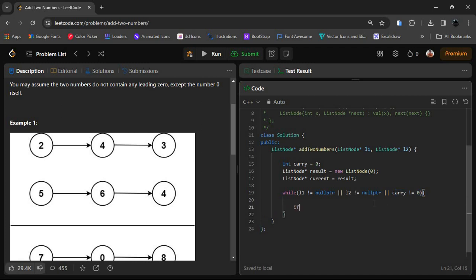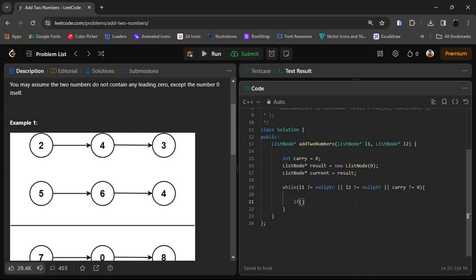Now we are going to give the if condition. If L1 is not equal to nullptr, means L1 has values for now. At the top we are going to assign int val1 and val2 as 0.